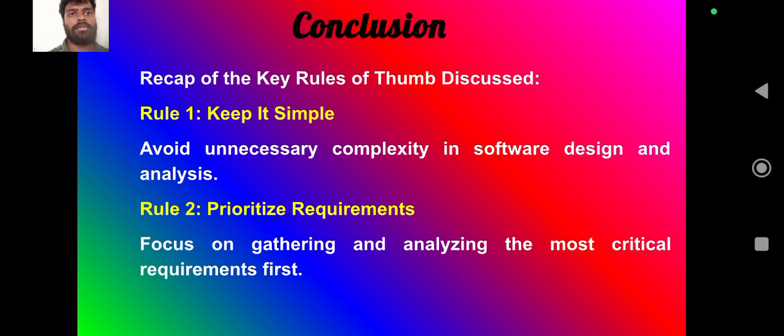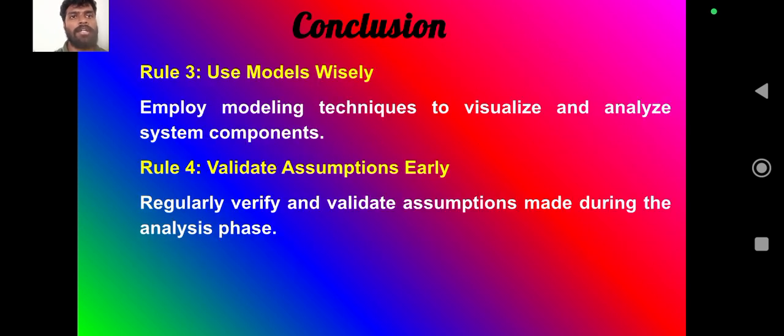First one is rule 1, that is, keep it simple, avoid unnecessary complexity, make it simple. That is, we should not go for high complexity. And second one is prioritize the requirements. That is, we should gather all the important requirements while building the project at the initial stage. And the next one is rule 3, use of model visual. That is, we should pictorially represent the data and validate the assumptions early. We should verify and validate these assumptions so that they don't pose any threats at the later stages of the